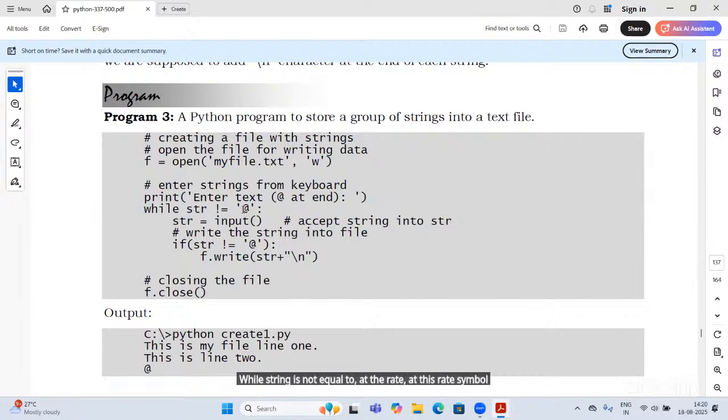When we enter the @ symbol, it will stop taking input. str equal to input, and if str is not equal to @, then write it. Until str is not equal to the @ symbol, just write the content.